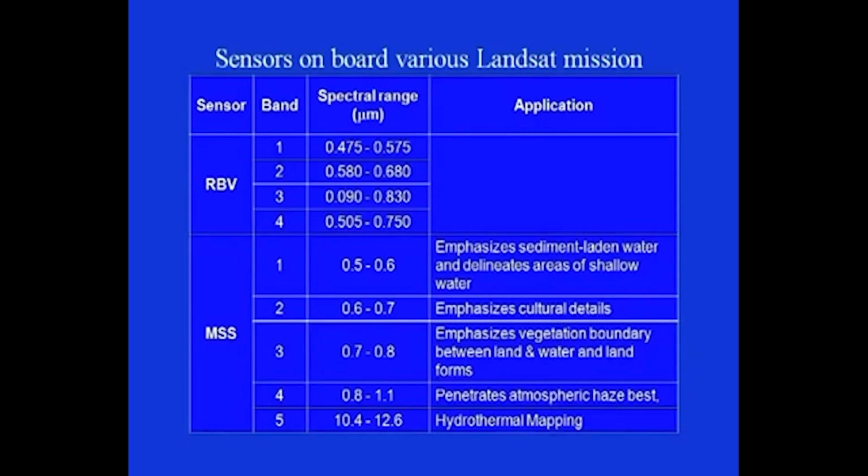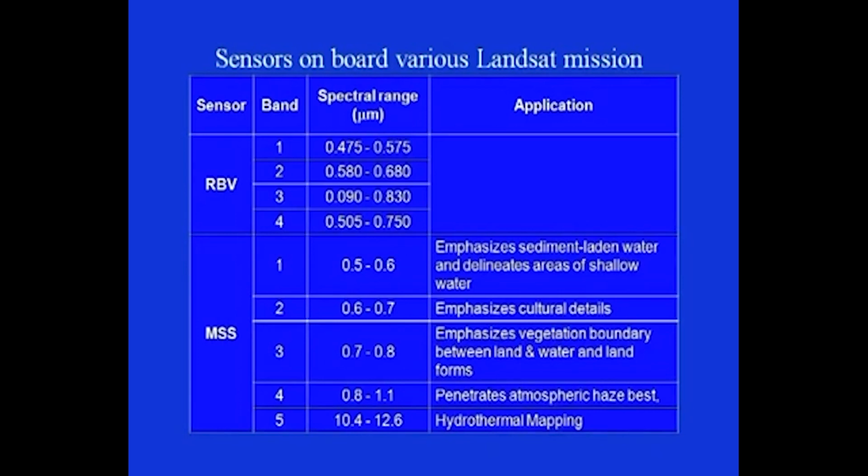First is RBV, that is Return Beam Vidicon, which is primarily a camera system, consisting of 4 bands, operative in the following spectral ranges: band 1 from 0.475 to 0.575, band 2 between 0.580 to 0.680, band 3 within the range of 0.690 to 0.830, and band 4 in the region of 0.505 to